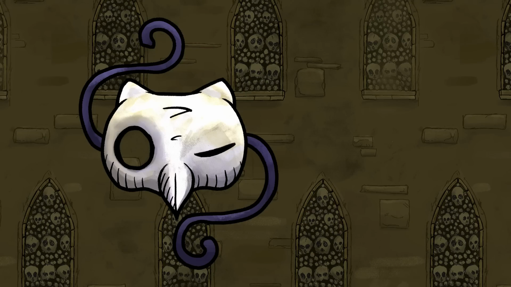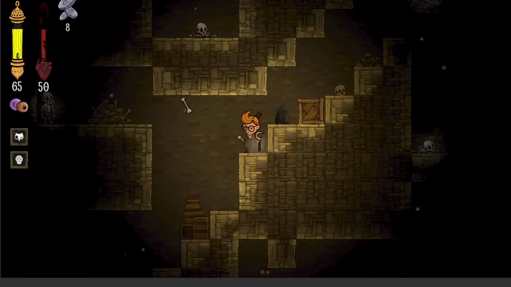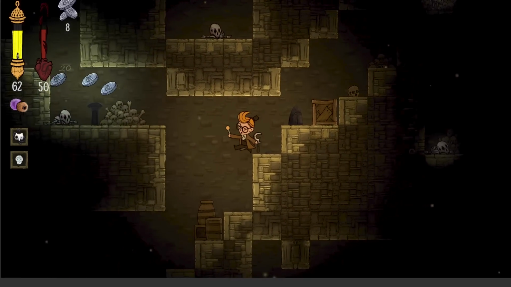Last, we've got a new relic. This is the Ninox Mask. With this relic, enemies that are outside your circle of light take double damage. This pairs really well with the crystal skull that makes enemies glow, as well as any other relics that encourage